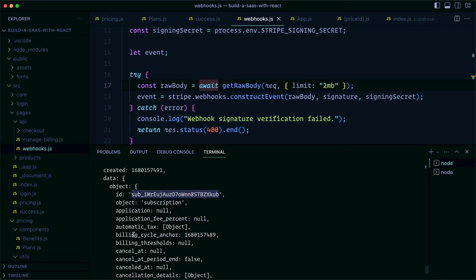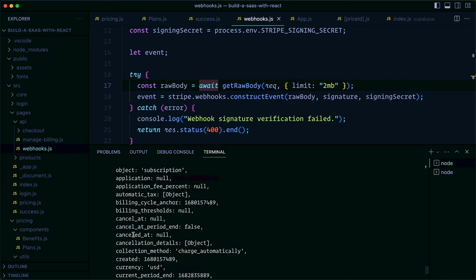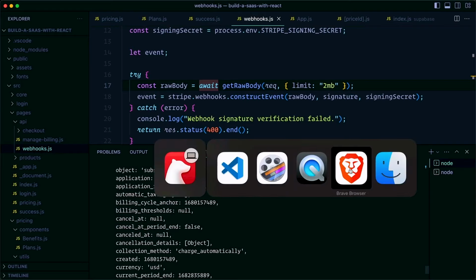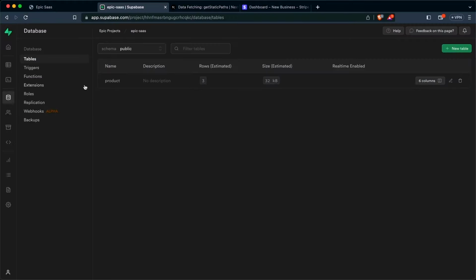We don't want to include hard-coded values like the price number, the amount of the subscription. These are all values that can be had from Stripe. We just want to know whether the subscription's active, because it's going to matter for us what we display to our user. So with that in mind, we can go ahead and head to Supabase and create a new table